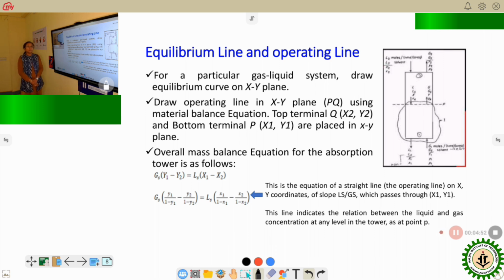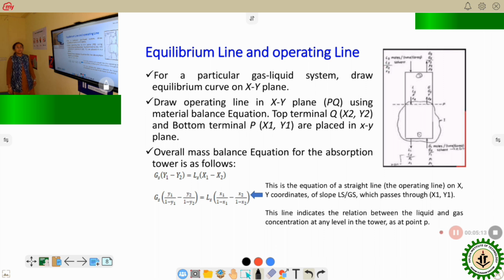Now it can also be represented in terms of mole ratios, in terms of capital X and Y, where capital X represents the mole ratio of the solute in the liquid phase and capital Y represents the mole ratio of solute in the gas phase. Now, then the operating line needs to be drawn in the same xy plane, where 2 points of